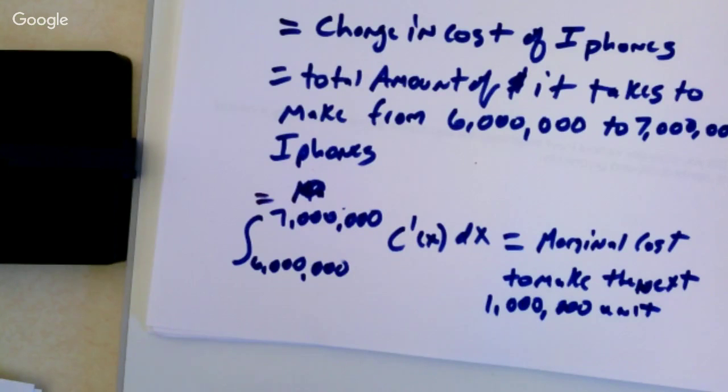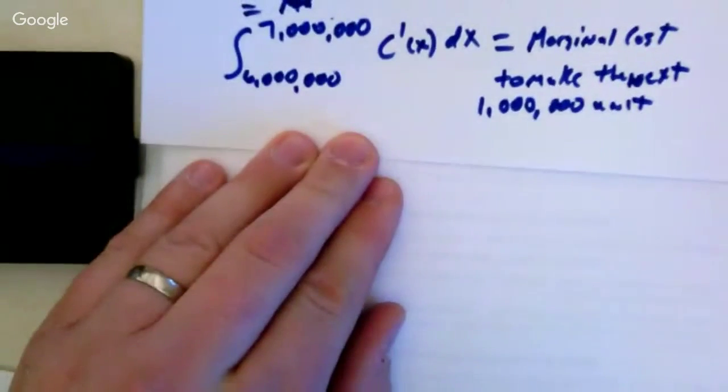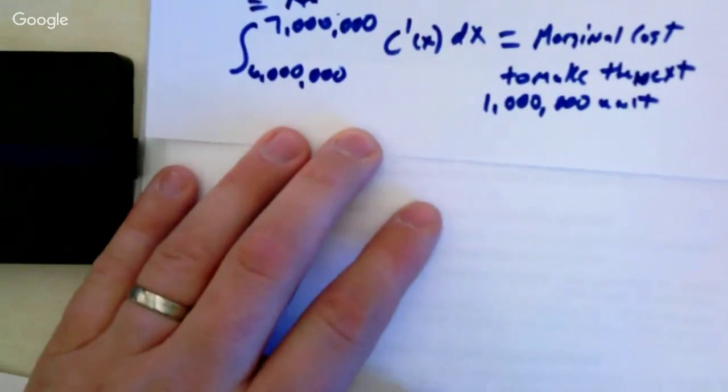So, connecting this to the business world or what you'd have to do, or if you end up tutoring business calc, this would be something that you'd have to explain and get to people. You're not looking at the total cost. You're just looking at between 6 and 7 million. How much did it cost? So if you're looking at between 6 and 7 million, how much does it cost? Would that be the same as if you're looking between 5 and 6 million? How much does it cost?